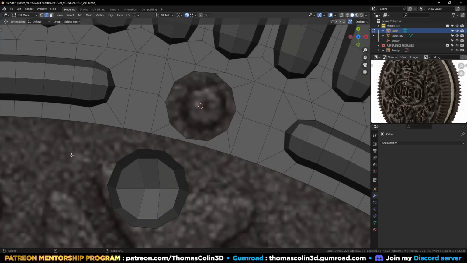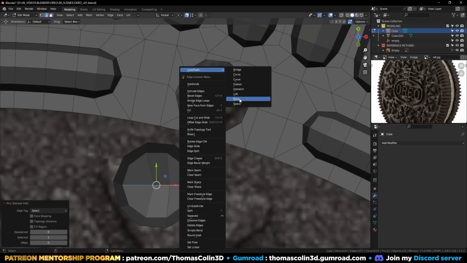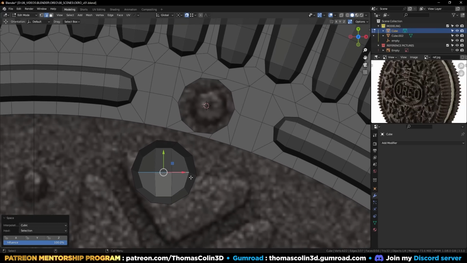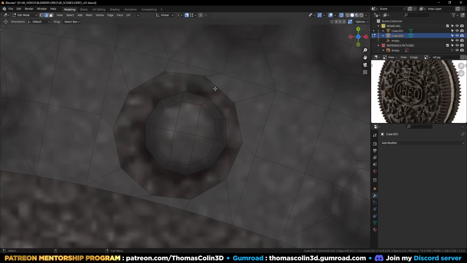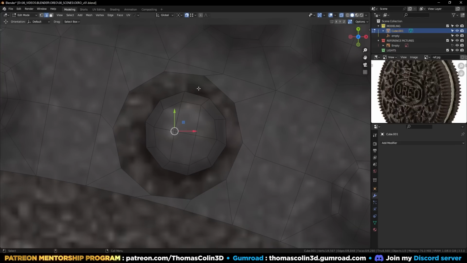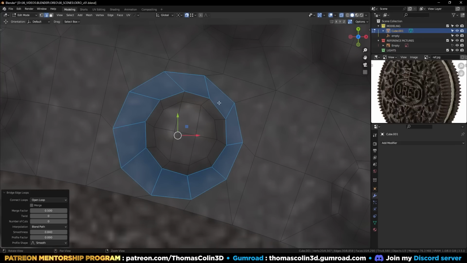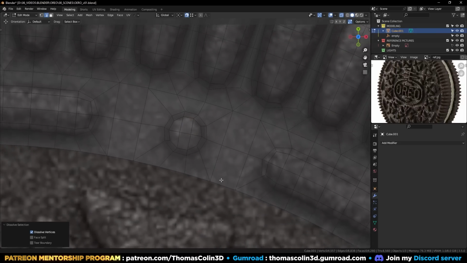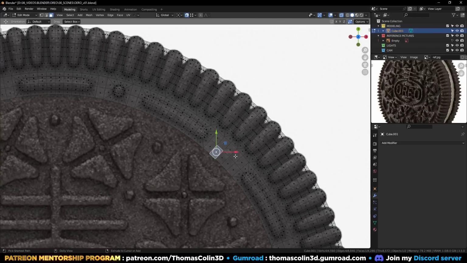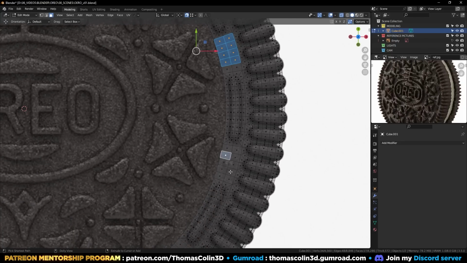Same there. And I'm going to select these two edges, right click, loop tools, space. So now I can just select both objects, Control J to join, select this, then this, right click, bridge. I can now remove this edge loop, like this. Now you can select these faces, these ones, these ones,